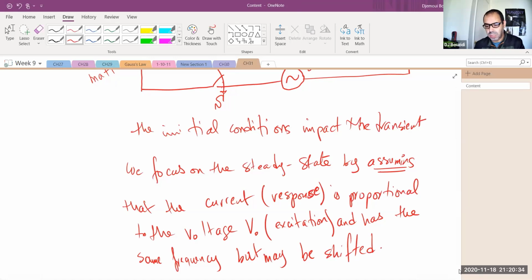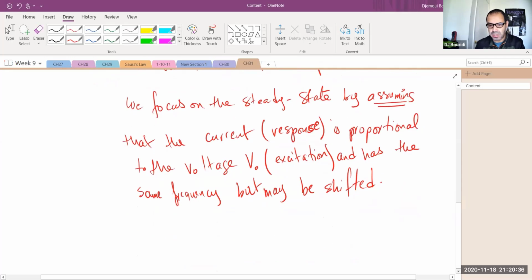Okay, in other words, I need to find I0 that I'm going to think that it must be proportional to